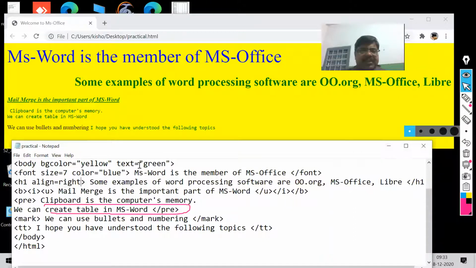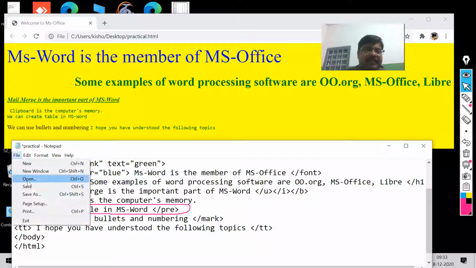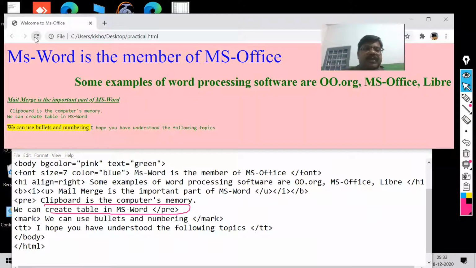Let me change this one, not as yellow, but as pink, then you will understand. Save. Now you can understand, because the mark tag is which color? Yellow. And if you have already set the background color of the web page as yellow, then you cannot understand it. Now you can understand it.